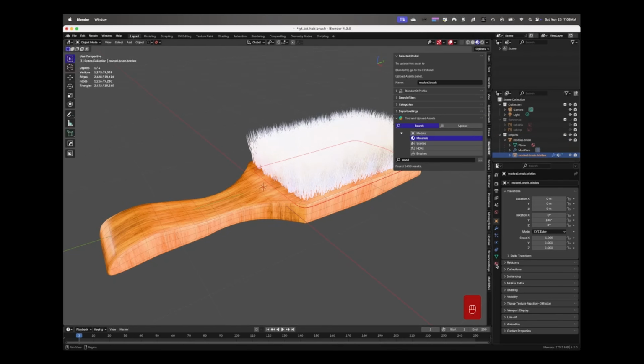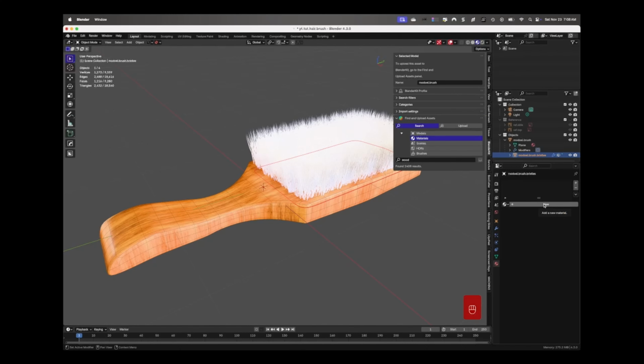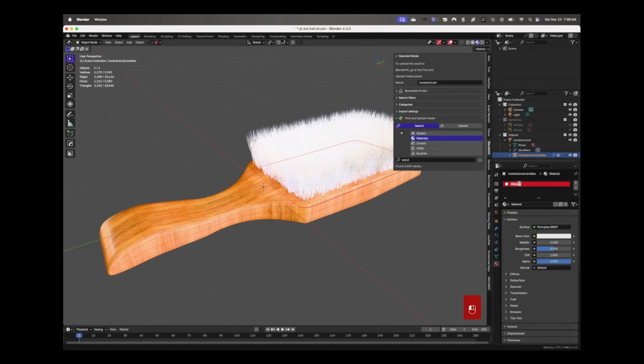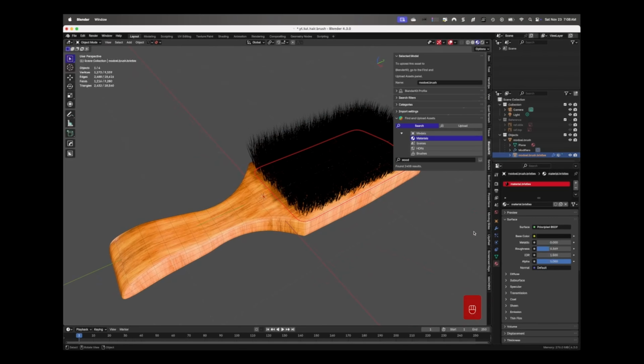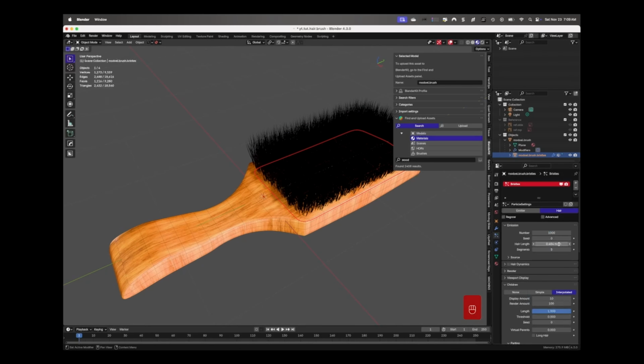The bristles, however, I'm going to manually make a shader for, because they're black and kind of like plastic, with a little bit of shine to them. So I'm just going to eyeball it, give it a name, start making the color change and change the roughness. Just drag the roughness down a little bit, so when the light hits it, it looks more like plastic. And I'm double checking in my emitter settings that that particular material is the one selected for the bristles.